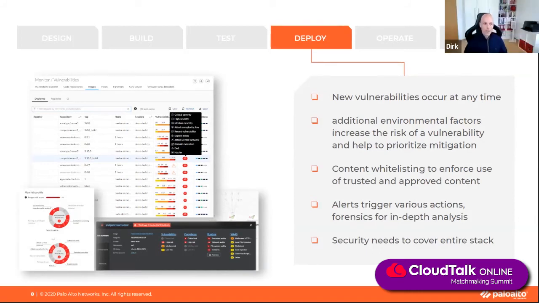So this is pretty important, but it's even more important, especially for smaller developer organizations with limited security experience and capabilities and a high pressure on time to market and other things. It's very important that you have something which helps you to prioritize the mitigation. And that's why it's really important that you have a scoring model, which really helps you to identify what is the highest risk, because it makes a huge difference whether an image contains a couple of critical vulnerabilities but isn't really used, and the software